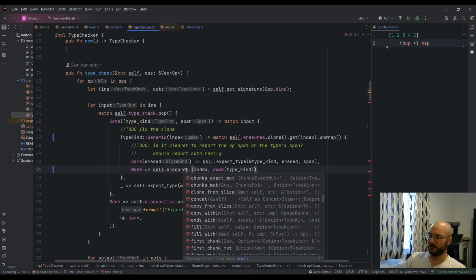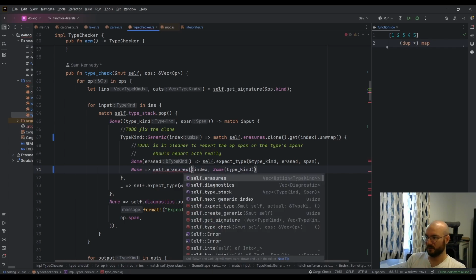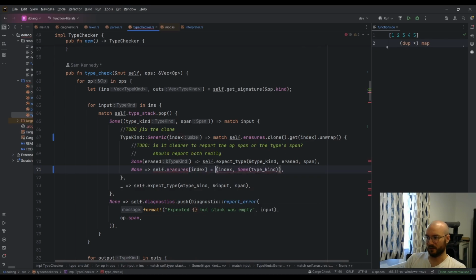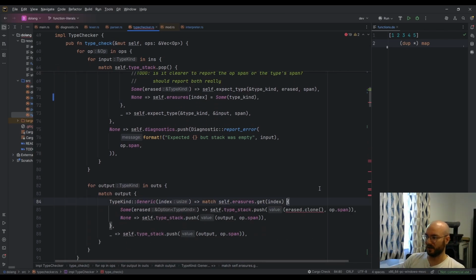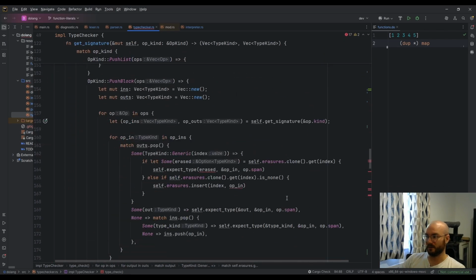I guess you just have to do self erasures index equals. Yeah, I was overthinking it. Okay, so that, and then here we want to force unwrap. Good. And then down here we want to force unwrap, and then this, instead of insert, is index equals some